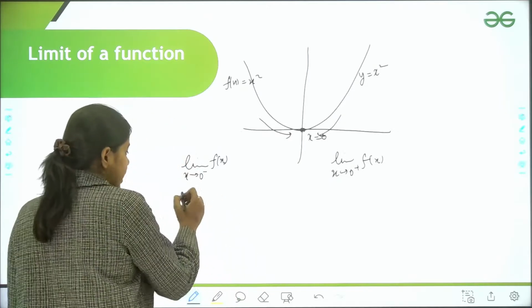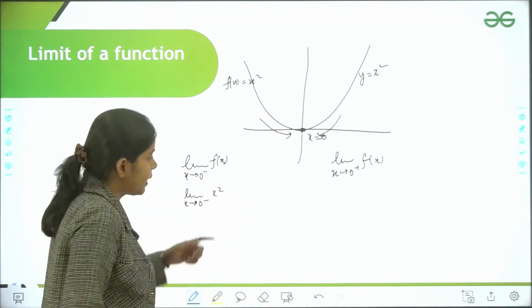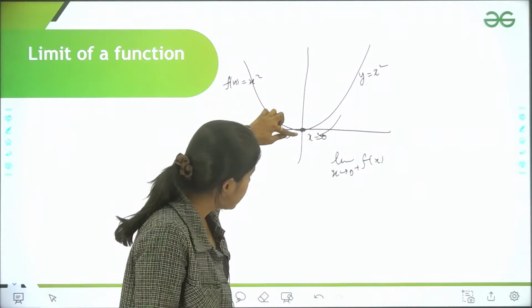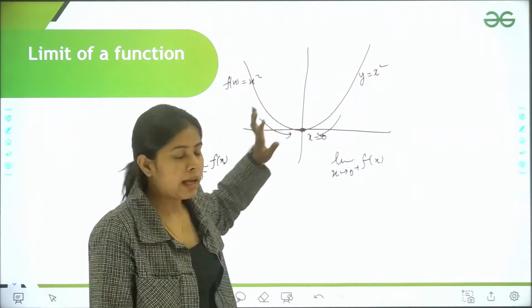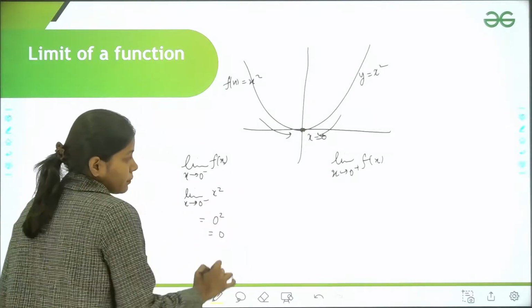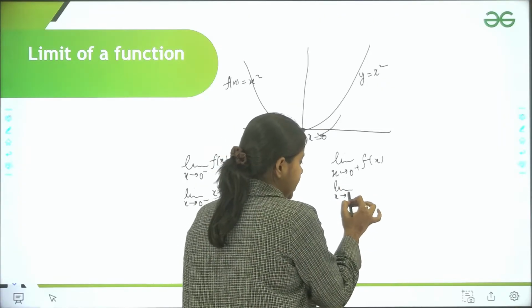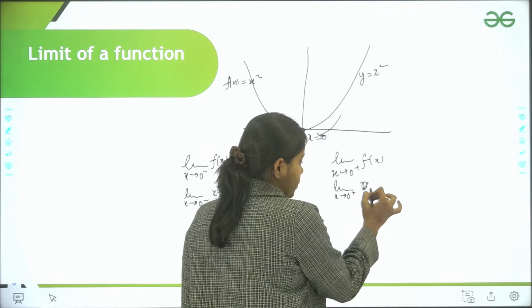My function is x square. Limit x tending to 0 negative x square: if I approach x equal to 0 from the left hand side, I reach the point 0, so I put 0 here, I get 0 square, that is 0. Limit x tending to 0 positive f(x) gives me limit x tending to 0 positive x square,